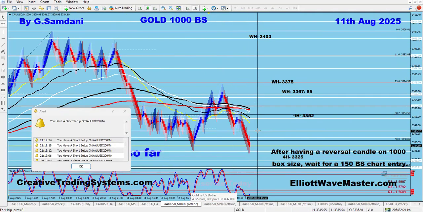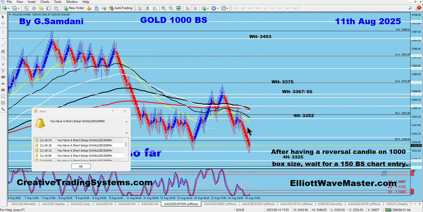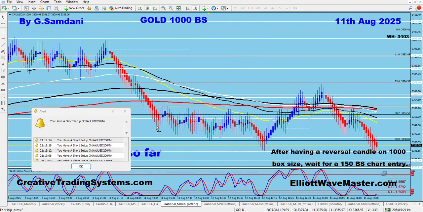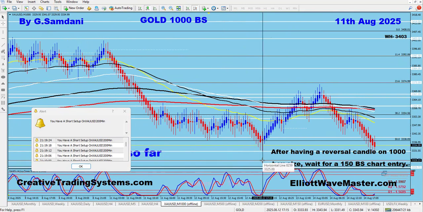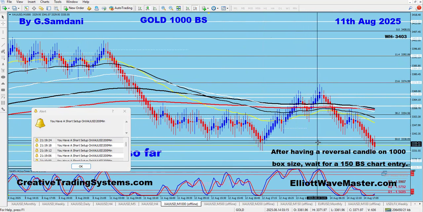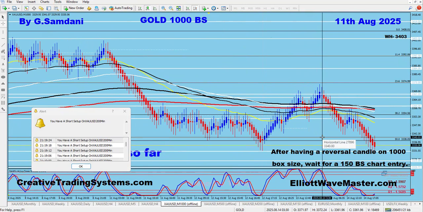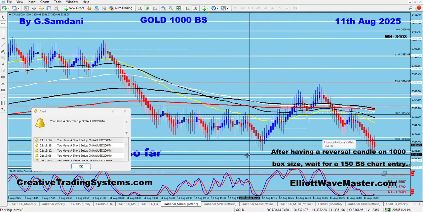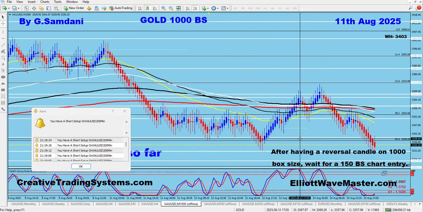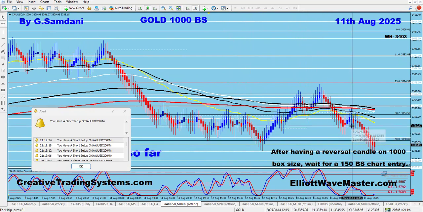Right now, as it is, I don't have it. I have red, red, red, red, red. A reversal candle is like this middle candle here where the body is very small. Let me open it a little bit, and see that this one is a reversal candle from the top. It's all wick to the top, wick to the bottom. And this was a reversal candle, right? This is a reversal candle. This is a reversal candle here.